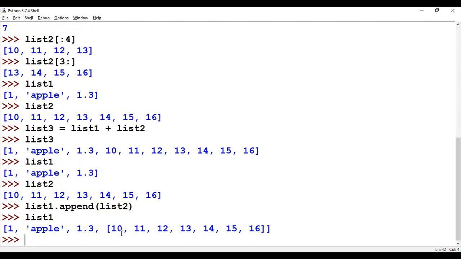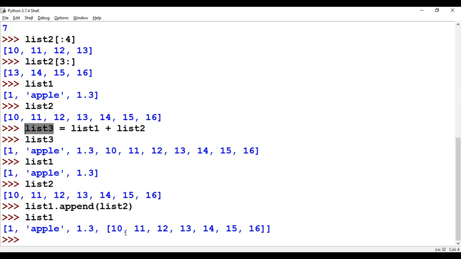You need to understand one main thing here. When you use the plus operator, a new list is created, called list 3, which has the elements. List 1 and list 2 remain intact; their elements are not changed. When you execute list 1 dot append, the original list is changed with the new elements. Now, if you ask how many elements are there in list 1,